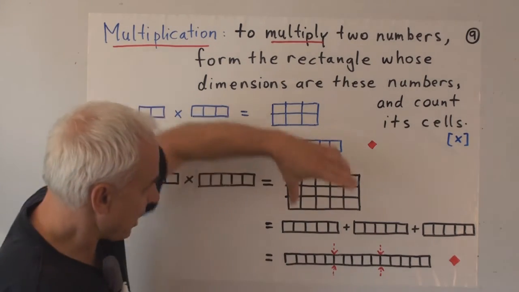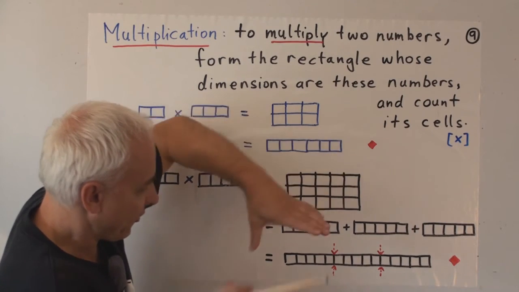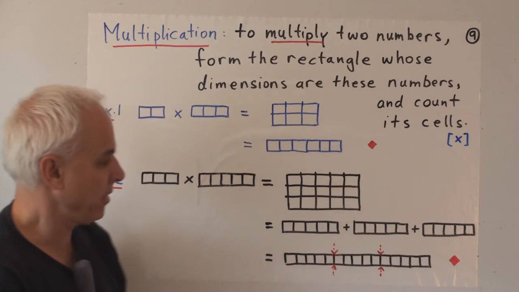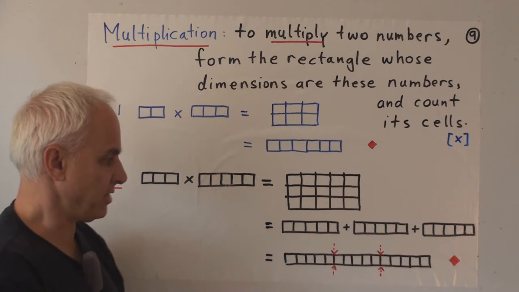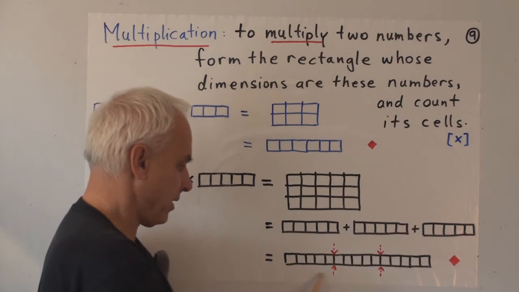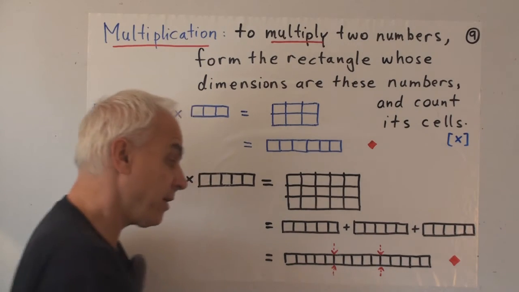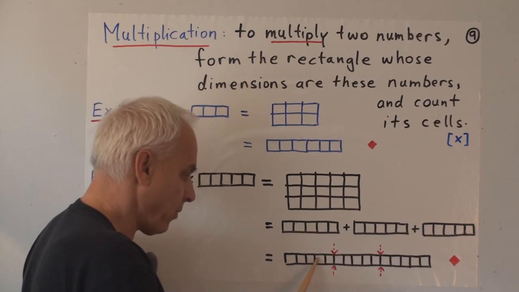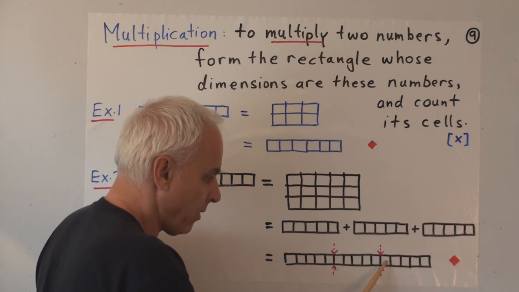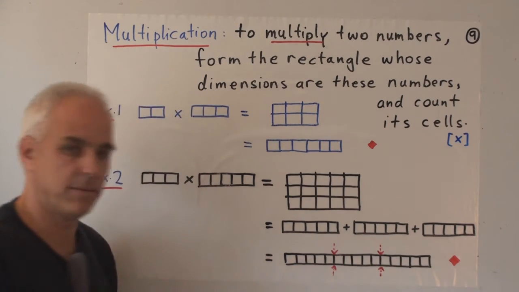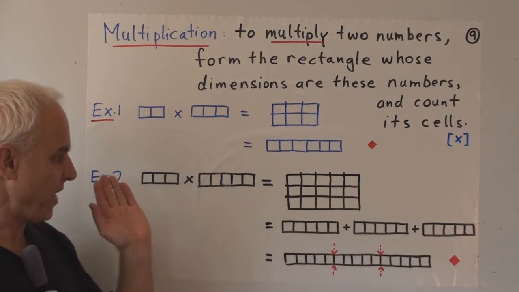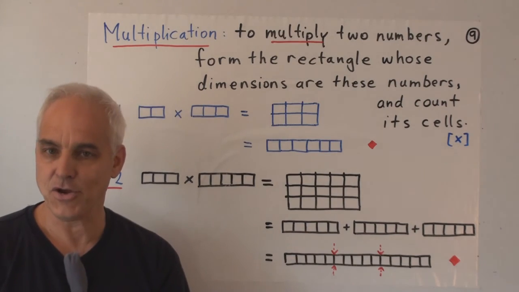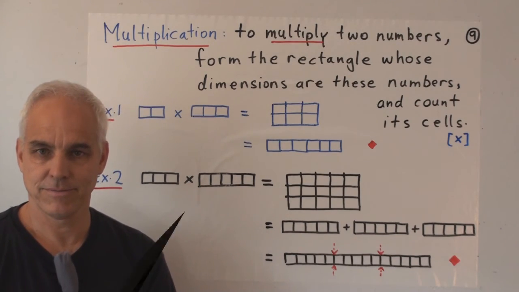That's easiest done by just thinking of the 3 rows and separating it into 3 rows. There's the first row, there's the second row, there's the third row. And then just putting them together. And we get the 3 pieces there. So the answer is 15, but in our language, fifteen 1s. That's how we do multiplication in this kindergarten framework.